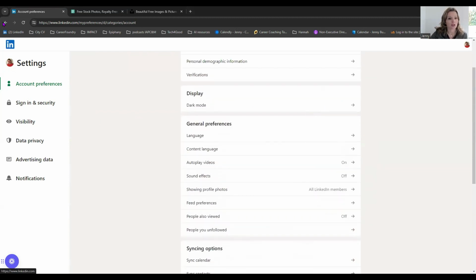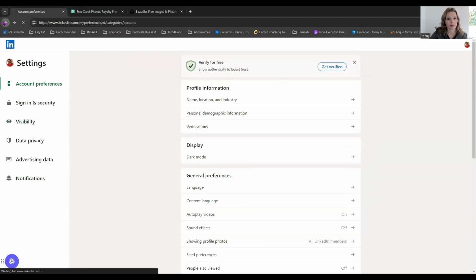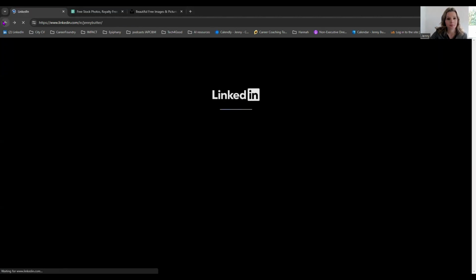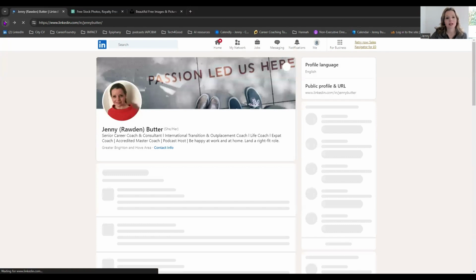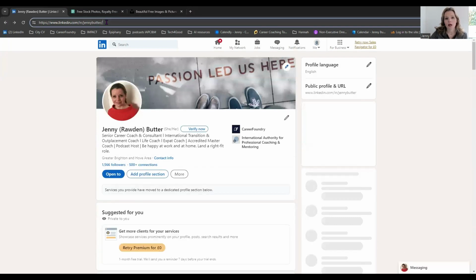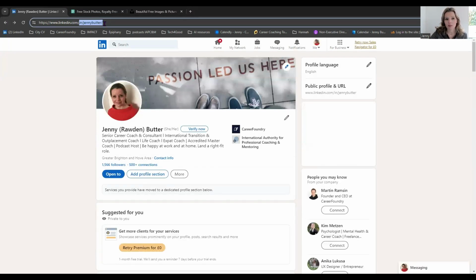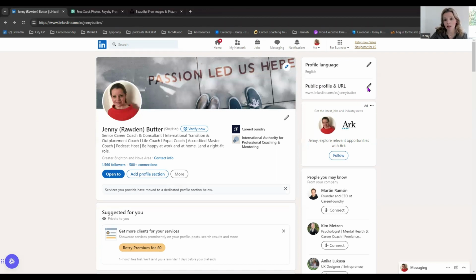So going back to the top. Right, so starting at the top, unless you've done it, you will have numbers after your name on your LinkedIn URL. You need to take those off to make sure it's nice and clean if you're putting it onto your CV or resume, or if you're sharing it with other people just in an email or in a connection request on LinkedIn. So go to public profile URL, the pencil,